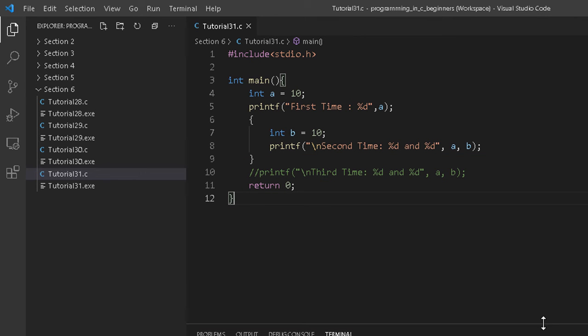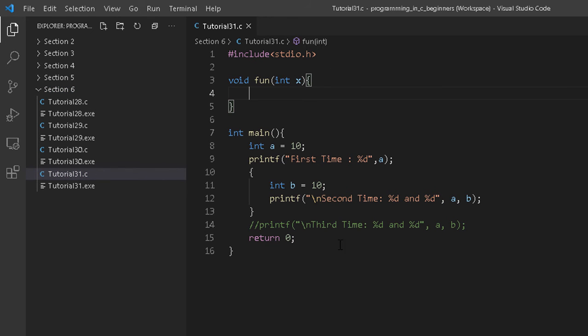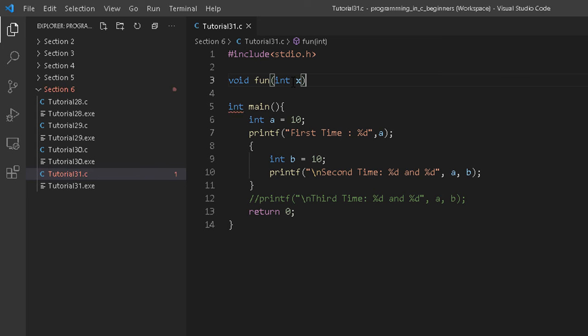Now let me tell you about function prototype scope. I told you last time that we used to create functions like this, and I created a very simple function fun, which accepts one integer. And if you remember, I was defining this function right here. Actually, this is not the way we create functions in C language. I used the simplest way because at that time we were not studying function prototypes. In C language, we have to provide the function prototype declaration, and that should be closed with this semicolon.